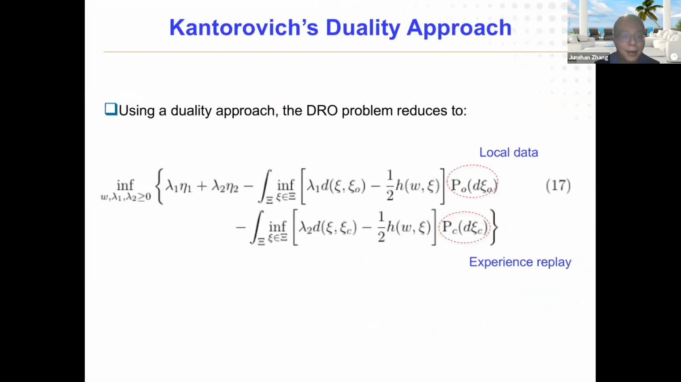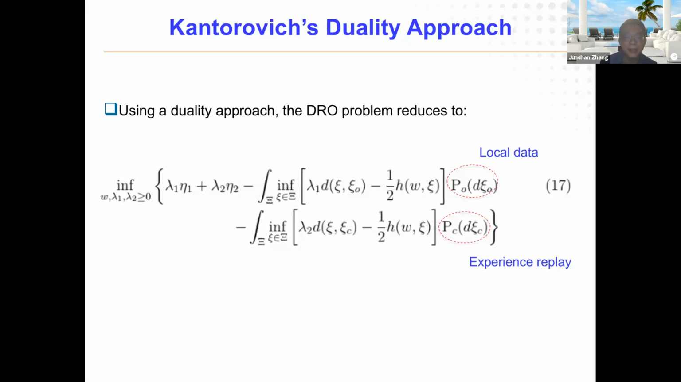So by using a duality approach, there's a detail I skipped here. This problem can be reduced to two-tier optimization. Depending on the loss functions, convex or non-convex, there are different ways to solve it. Okay, if we look at this equivalent